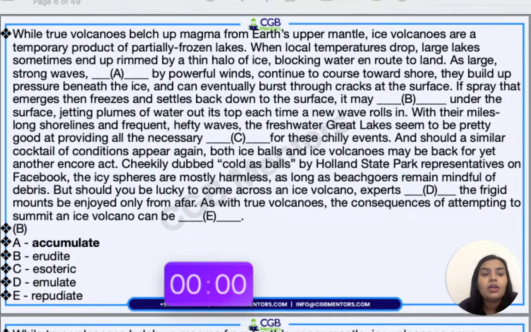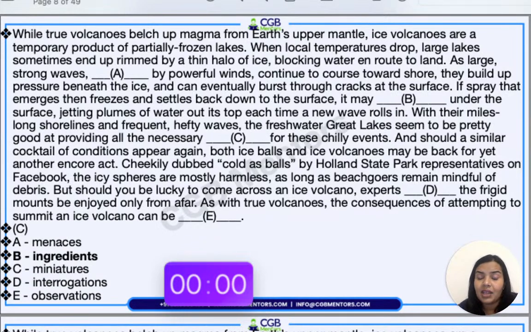Other words, erudite is an adjective which means ऐसा व्यक्ति जो बहुत ही well educated है. To such a person, to a scholarly person, we call an erudite person. Emulate is to copy. E वाला emulate होता है किसी को copy करना. Esoteric is an adjective, S word, which means something which is very difficult, puzzling, हमें perplex कर देगा. Repudiate is to abandon, forsake कर देना. I'm giving you extra word meaning so that it's a revision for you, vocabulary का.